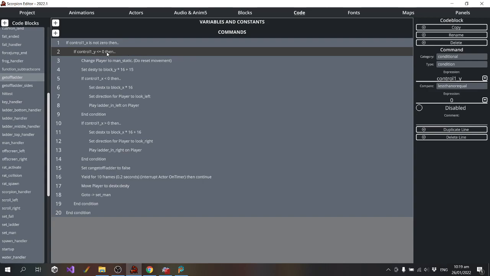Oh, okay. So if the player is pushing up or is not, okay, less or equal to 0, that just means that the player is not pushing down.